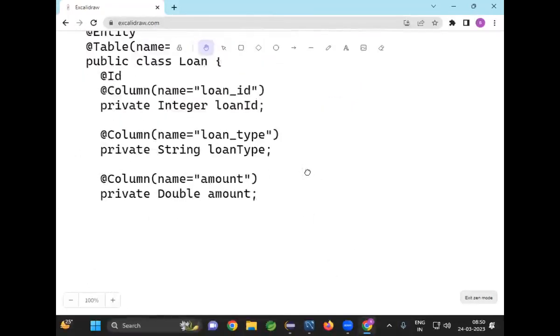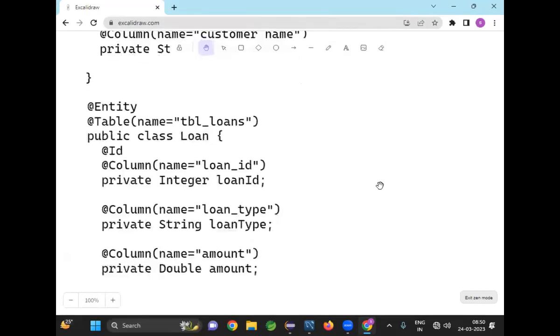But each loan has a customer. You got my point? Every loan has a customer. So if you want to provide an association between a loan and a customer,